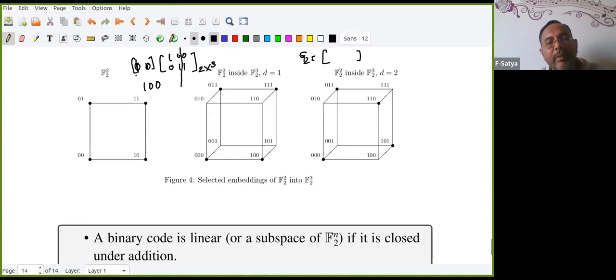One more thing is that when you multiply 1, 0 to any matrix, it will give the first row. If you multiply this side, first column. That also we know, right? So 0, 1, second column. 1, 1, so I have to add this. So all of them are getting. So this is a generator matrix.